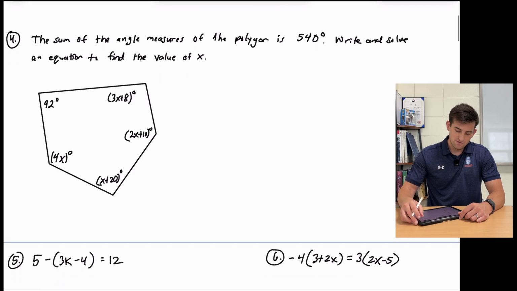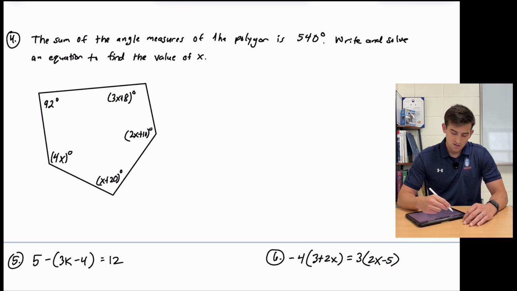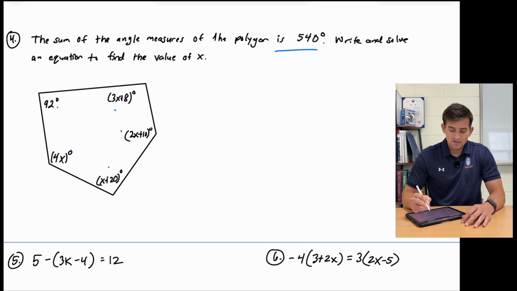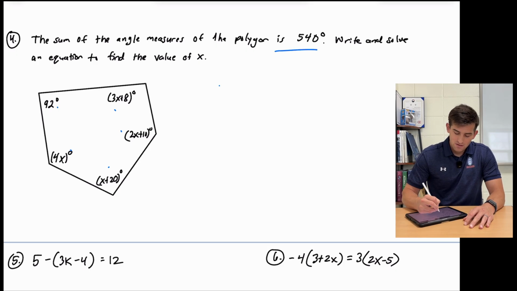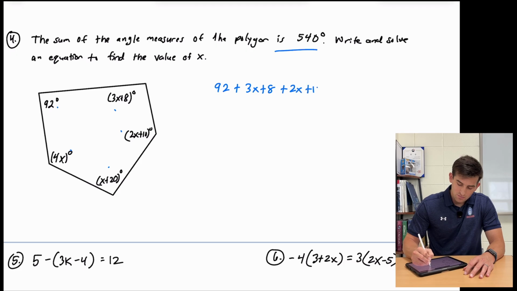All right, number four, they give us a polygon, and it tells us the sum of the angle measures is 540 degrees. We want to write and solve an equation to find the value of x. So the sum of the angle measures, so we have 1, 2, 3, 4, 5. So sum means let's add those together, and it is 540. Well, in a word problem, that word is means equals, right? So we could say 92 plus 3x plus 8 plus 2x plus 10 plus x plus 20 plus 4x is